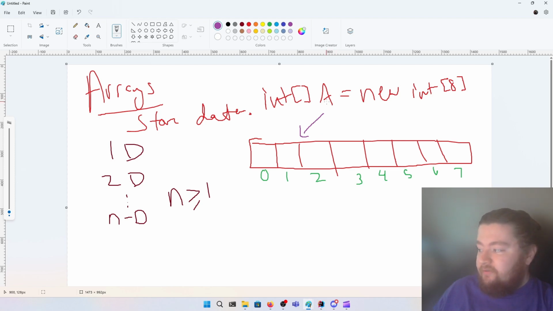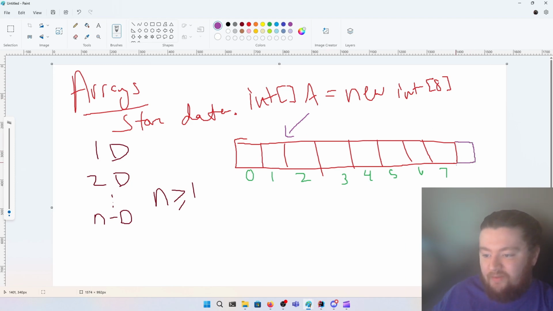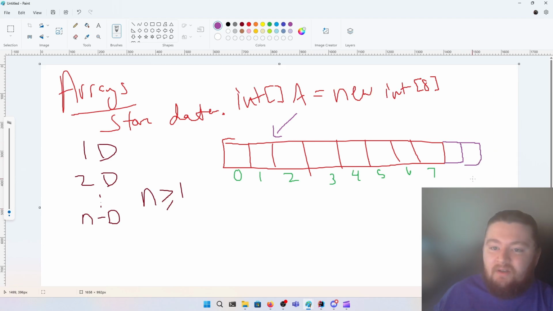But what is unfortunate about this is, what if we want to add more elements onto the end? Like, let's say that we're trying to process data records and we don't know a priori how many records we're going to have. Well, there's a problem with using arrays, and that is you can't resize an array